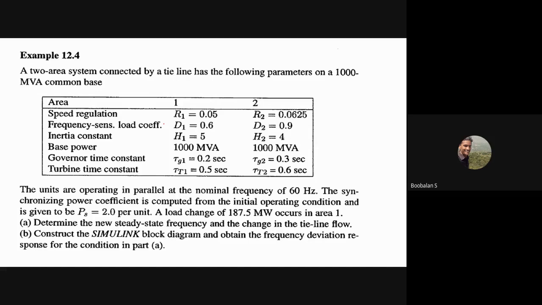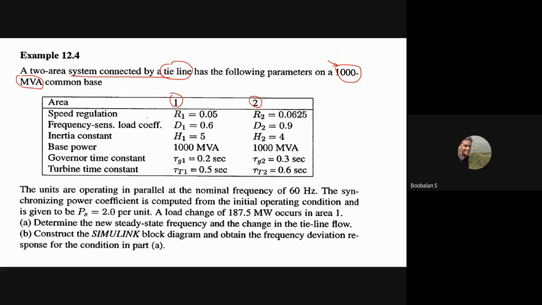But anyway, we are also going to go with the subsystems, no issue, and we'll make the whole system into a subsystem. But with one example, we're going to move ahead today. This is the plan, right? Here a two area system is connected via a tie line. It has the following parameters: a base of 100 MVA, megavolt ampere, for both area systems, and speed regulation for area 1 and area 2.